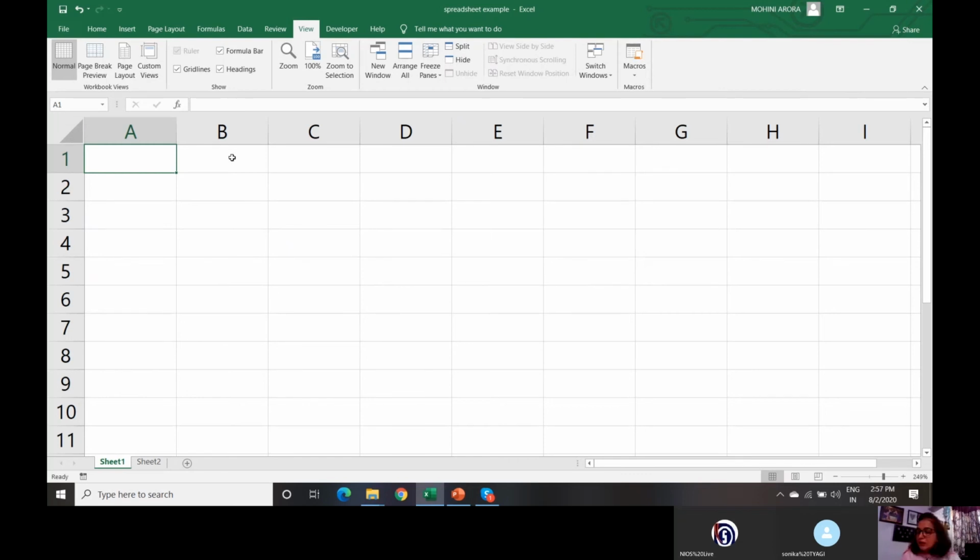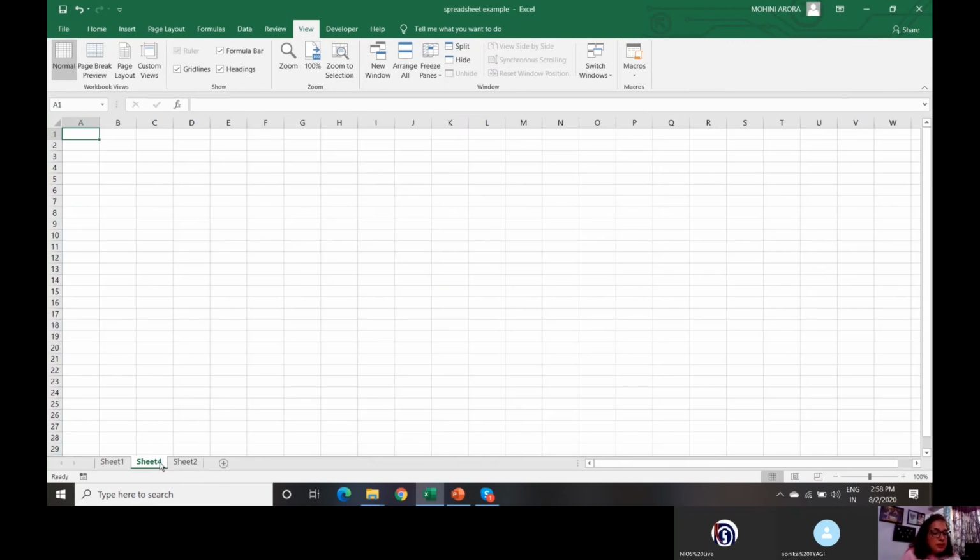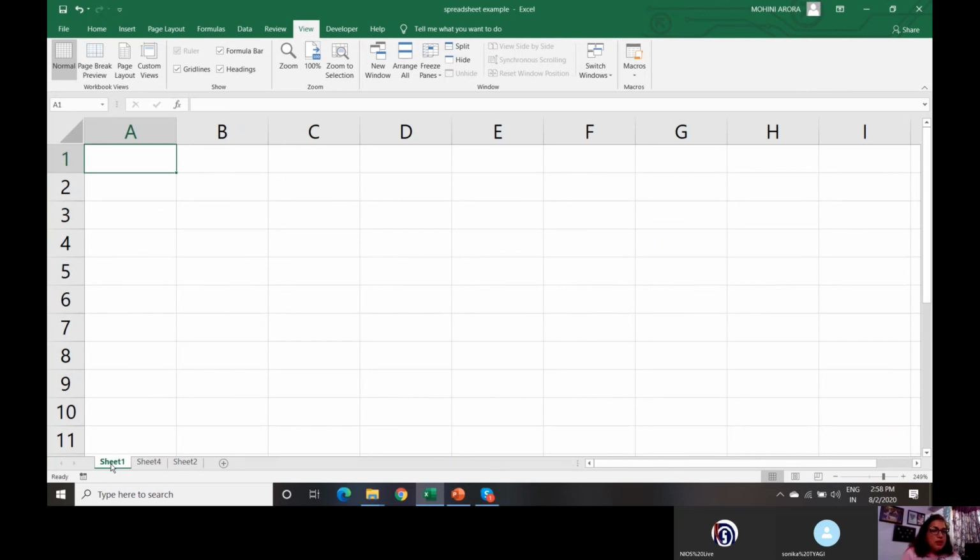So let's try creating a table. And this is the sheet tab that I was talking about. You click this plus sign, another sheet will be added. See, another sheet is added here, right? So if I want to enter data in a particular cell in a sheet, right now I am in cell A1. So you can see that in the name box also A1 is written, right?